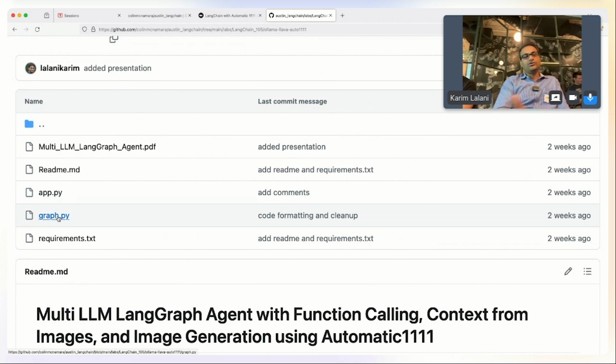But say I want to expose a LangServe application. I want to expose this application as a LangServe FastAPI service. Then I would have to tear out the logic from that and create another application. Or I could structure my code in such a way that the reusable portions are self-contained and isolated, and now I could create a LangServe application and just include the graph.py in it, and it has the agent,